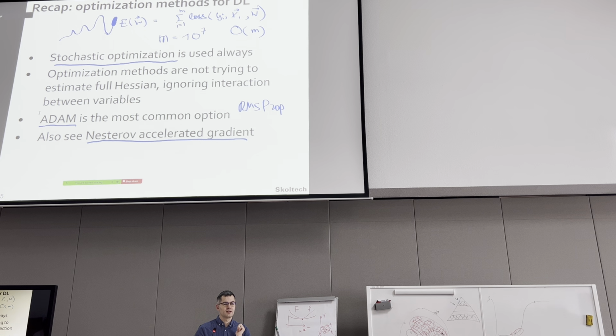Yes, I have a question. So, as I understand, we have a function from weights to R, for example, and this function depends on our neural